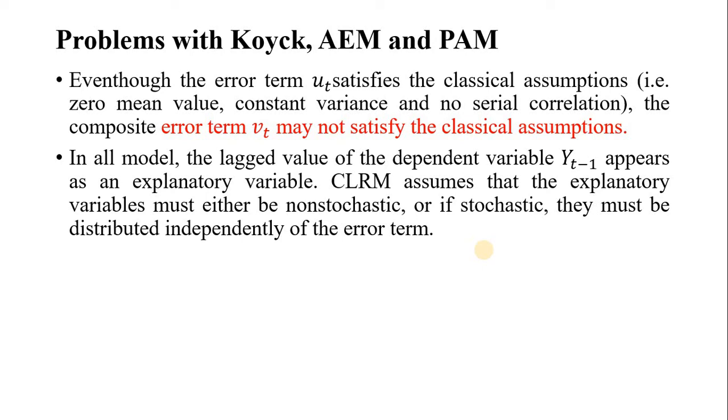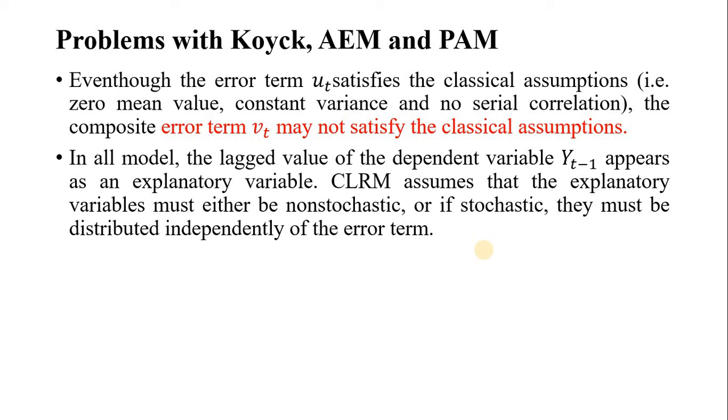That's the most important problem with this. Okay, yes. The second issue is, if you look at all the models, a new term has entered the model. What is the term? Yt minus 1. Yt minus 1 was the new term entered into all equations. So we started with a distributed lag model but end up with an autoregressive model. In all equations, a new term, the lagged dependent variable yt minus 1, has appeared.